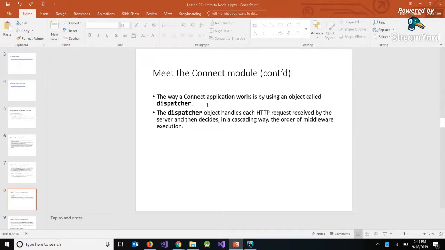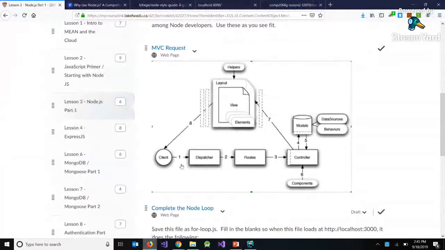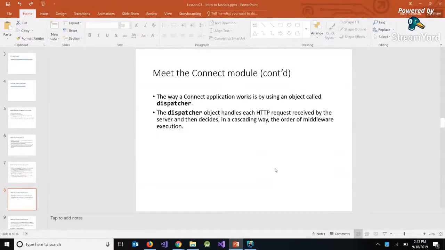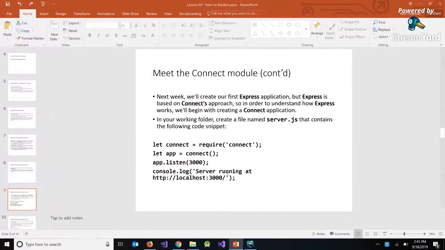So it uses this dispatcher object that we can see here to be able to handle the application routing. It also can decide kind of order of precedence. So if we get different requests in, what request takes priority. Okay. So we'll work with Express for next week, but it's kind of useful for us to play around with